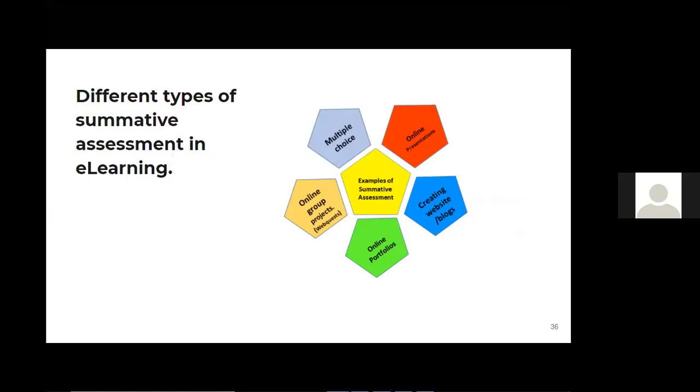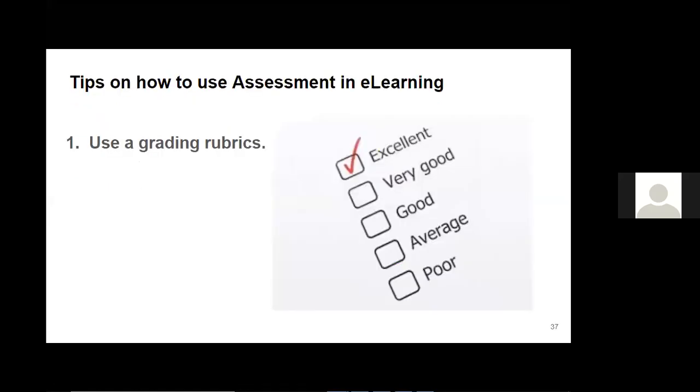Then we looked at different types of summative assessment in e-learning, where we talked about online presentations, projects, and even multiple choice. Then tips for using assessment in e-learning.